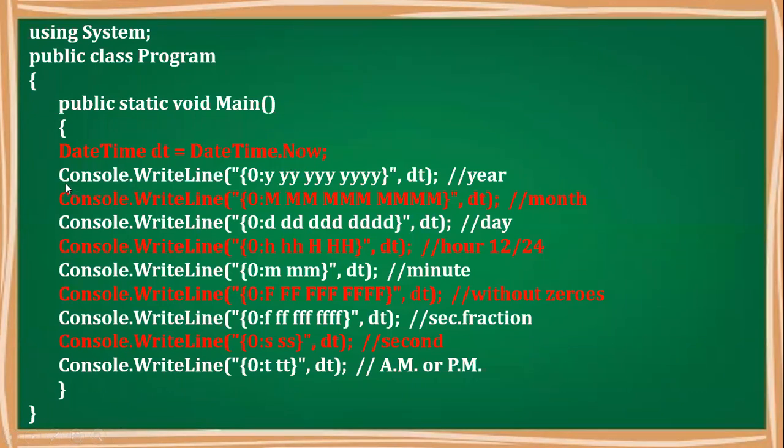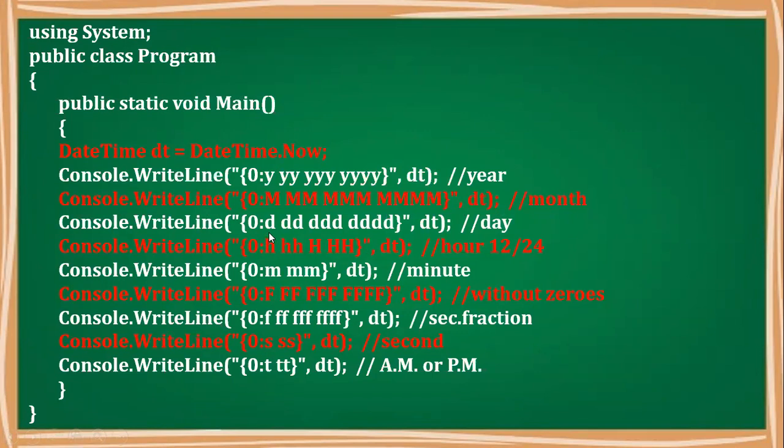Then look at the first Console.WriteLine. {0:yyy}. Then we have written yyy. So we want the value of the DateTime dt, because after the comma we have written dt. As it is an object, it is not going to be printed directly. You know that, I explained it. Otherwise, you have to convert it into a string and print it. Otherwise, you have to use this formatting. So if you want the year in a particular format, we can use y. Then if you want to get the values in a particular format, then you will get the month.